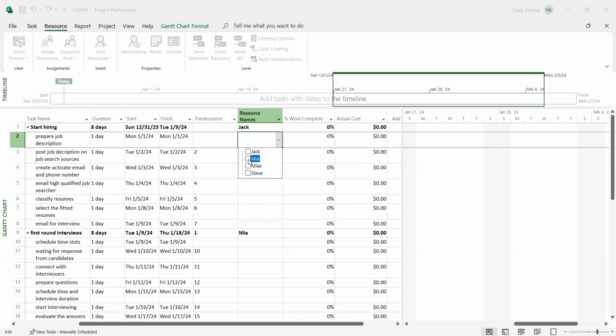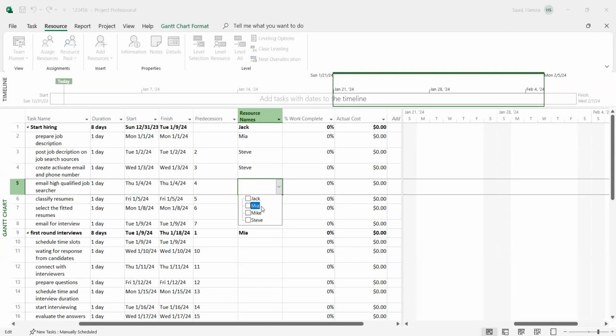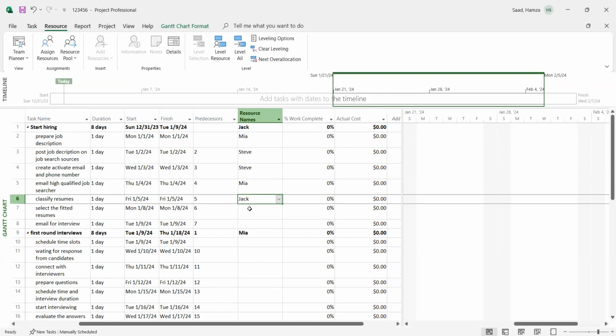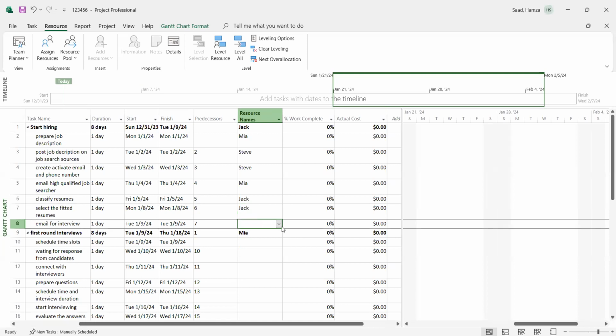Then I'm going to say Maya works as a team with Jack, and Steve works as a team with Jack, and also Maya again. And here I have Jack,